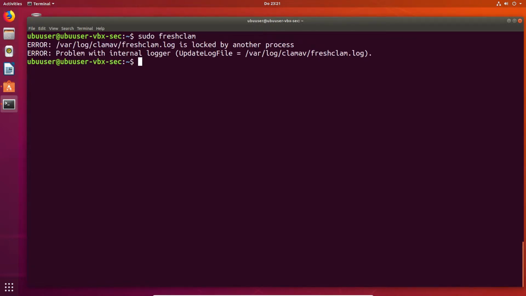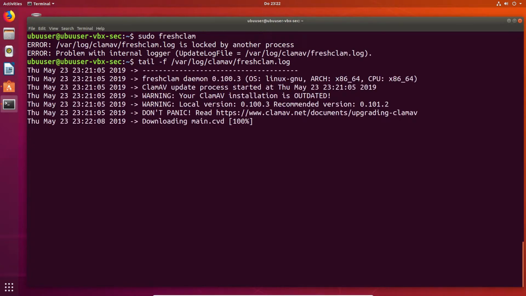But on Debian systems, normally FreshClam is already running in the background, and it tells us because the FreshClam log file is already logged. Now we can actually use this information to look into the log file using the tail command, which shows us the end of the log file, and with the -f option it can follow the log file progress. So as the parameter I just copy down the path and the name of the log file, and it will show us what it's doing.